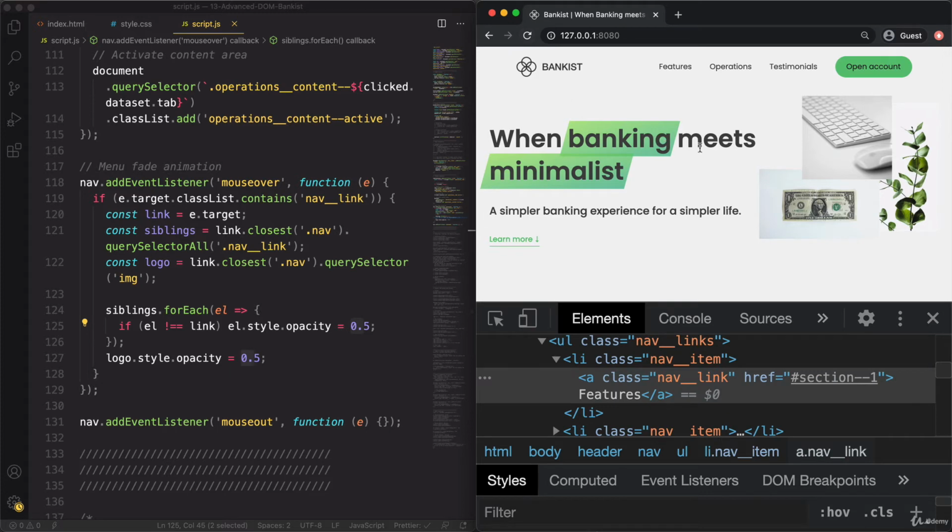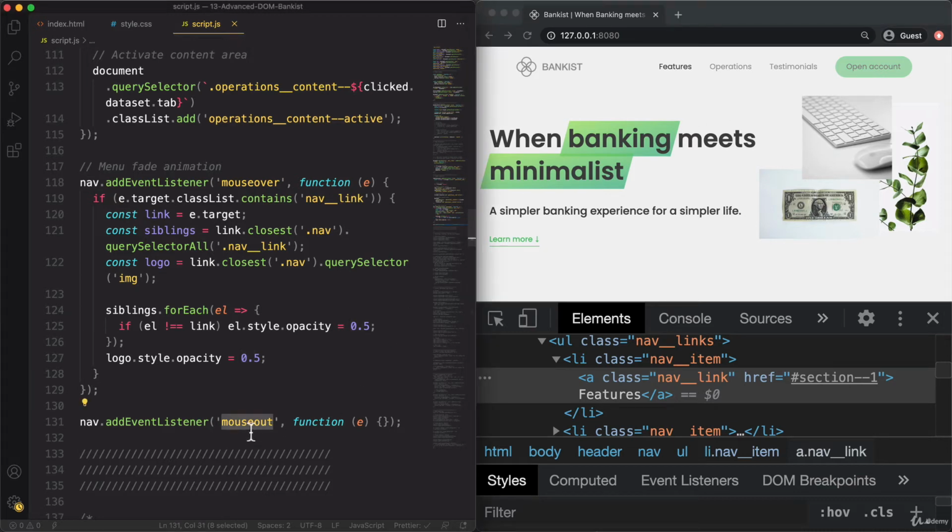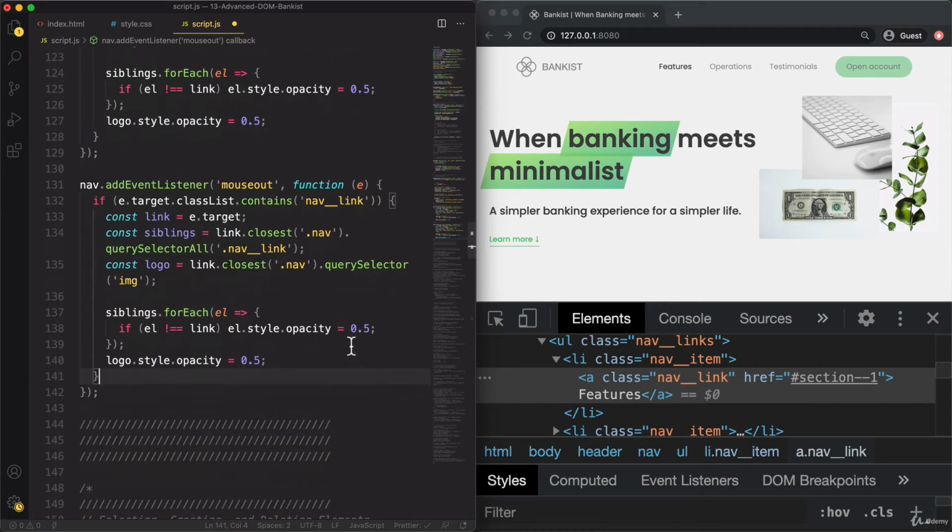When I hover this, all the others become 0.5, but as I move out, everything remains the same. And so that's why we have this mouse out event, to basically undo what we did here. So let's take all of this, paste it here,